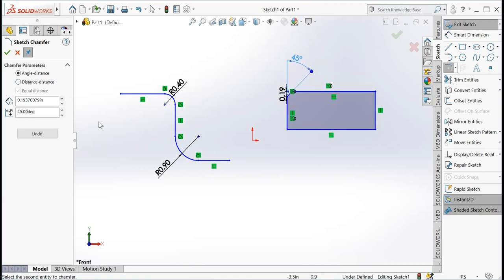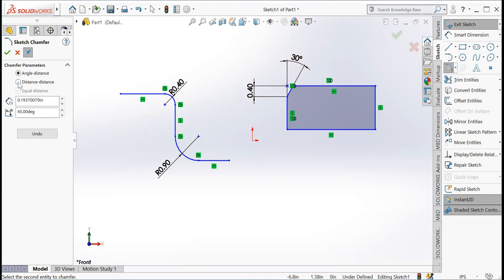Here the angle is 45 degrees and the value of this chamfer is 0.9. Now I can change the distance. I can make it 40. So here we can see there is a change in dimension of the chamfer. For this angle also, I can make it 30. So correspondingly, the dimension of this chamfer changes.